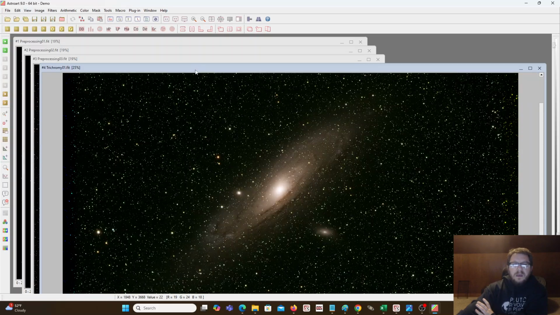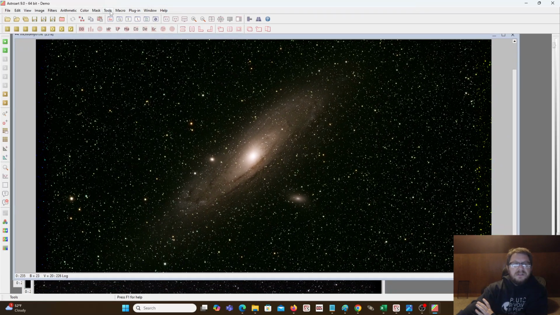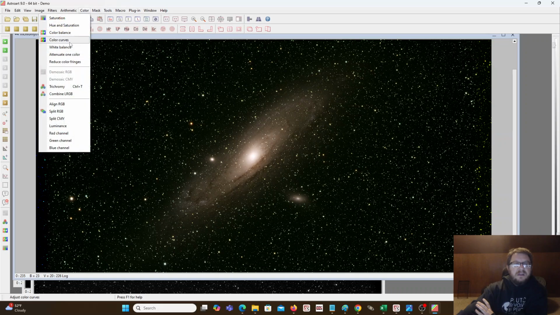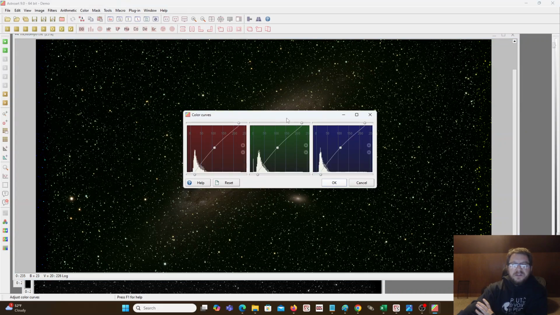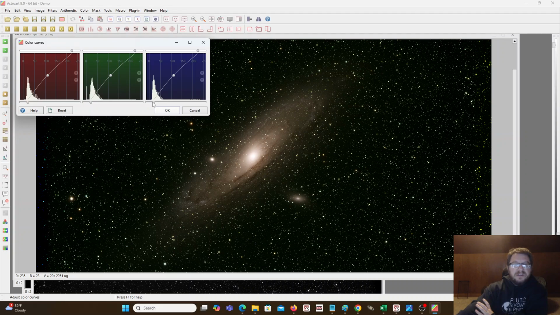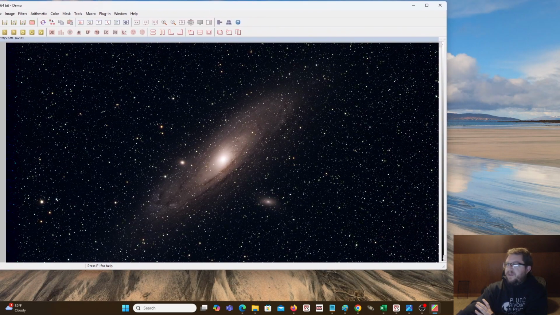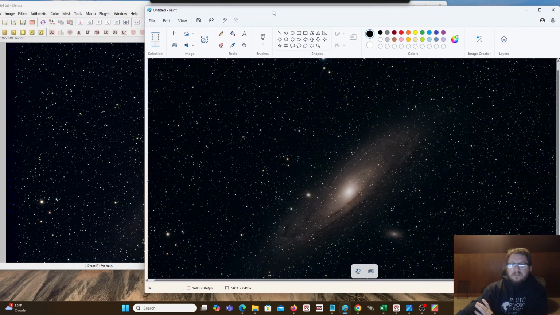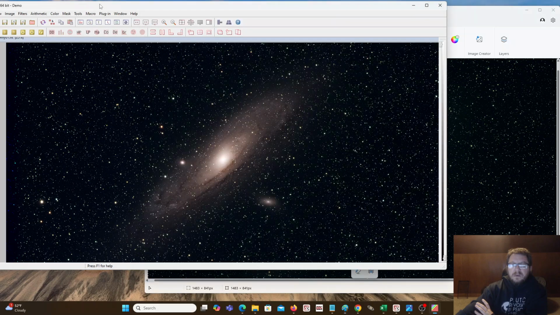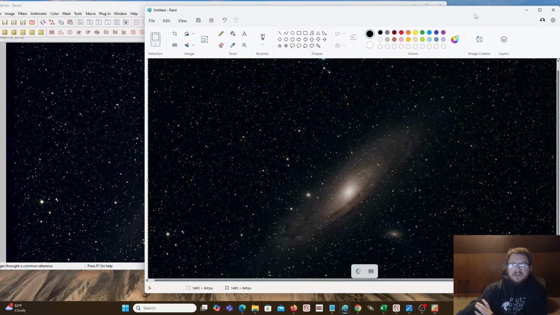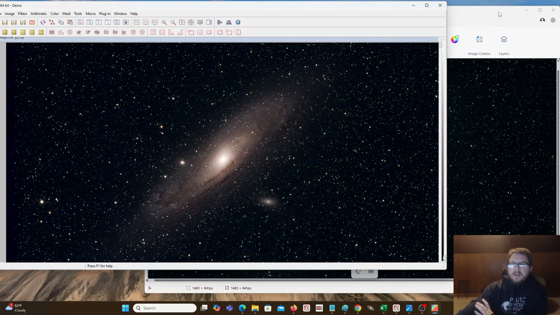Okay. And let's do the color curve where we kind of just make the blue pop just a little bit more. There we go. And we can now do a side-by-side, right? Looking at these two images, it's really a personal preference kind of thing. I like